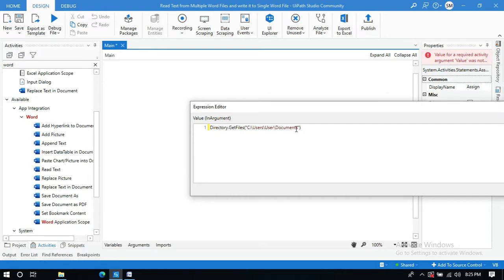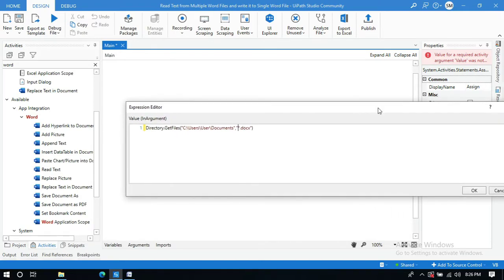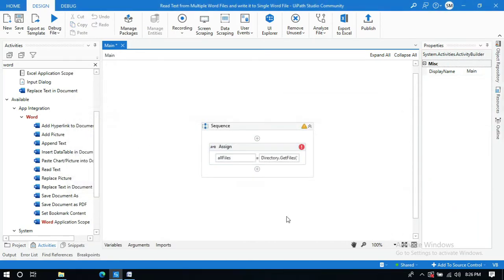Now add a comma and within quotations star.docx to retrieve only Word document files. You need to write this *.docx, so it will take only Word document files from that folder, and then click on OK. Now this all files variable contains all the Word document files.